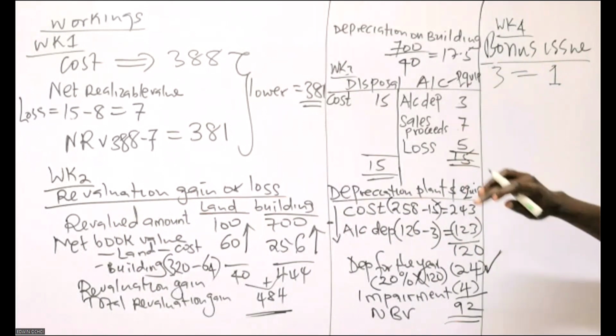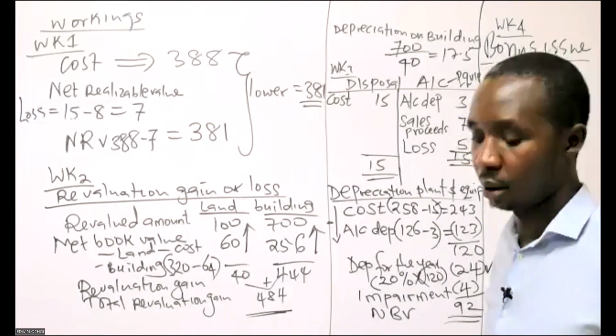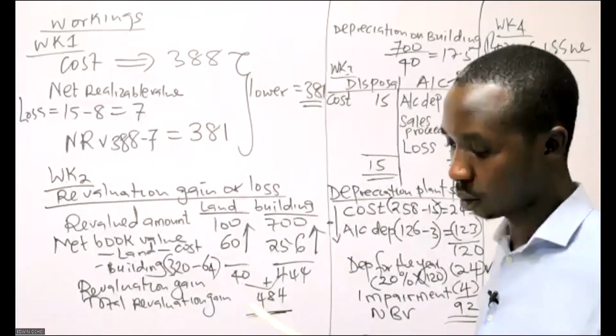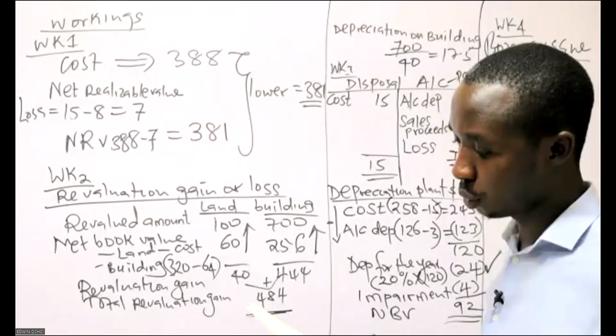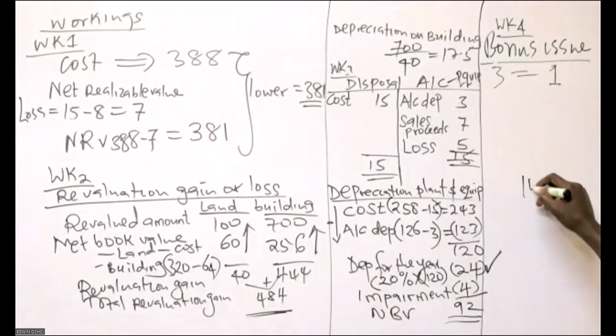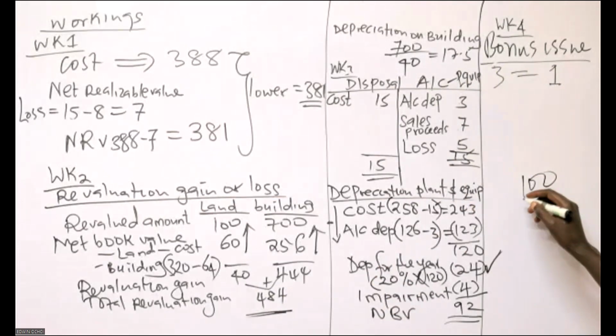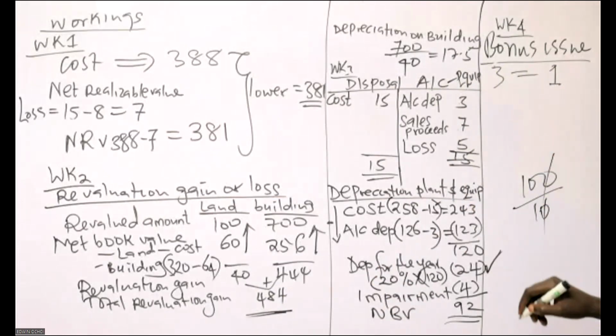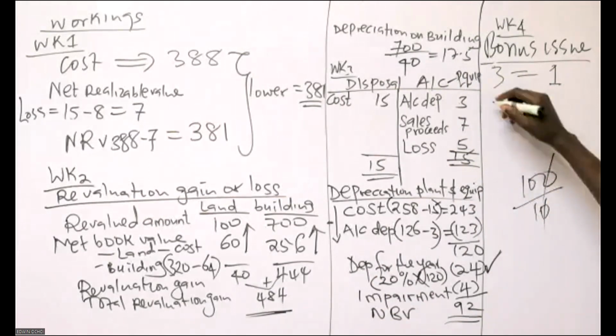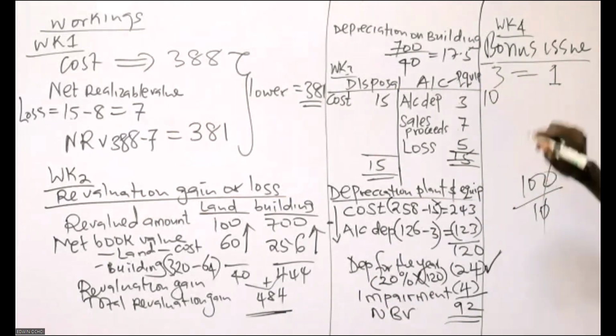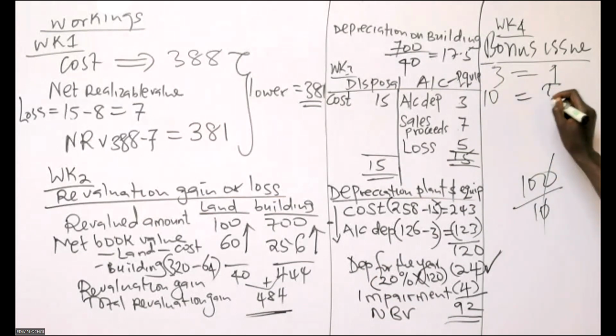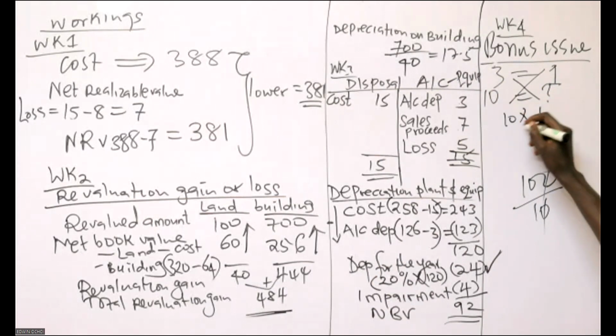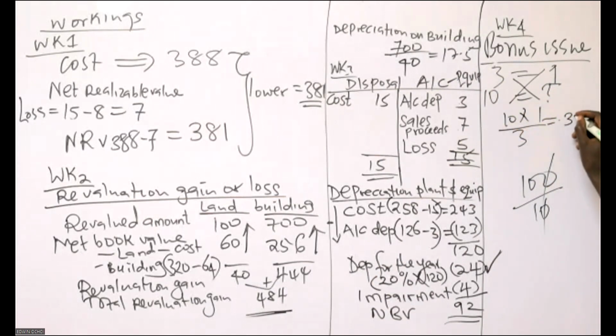If you go to your trial balance, the ordinary share capital value is 100. Each share was issued at 10, meaning that they issued 10 million shares. So how many shares did they issue through bonus? We multiply 10 times 1/3. That is 3 point